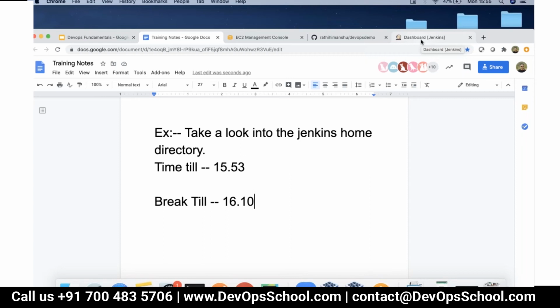So does it have any agents? I mean, do we need to configure Jenkins on all the servers where we need to run the jobs? See, there are two ways. One is an agent-driven approach. The second one is that you make an SSH connection and then do it. It should not really be an SSH key. You can do a key-based connection, or you can even do a password-based connection. That also works.